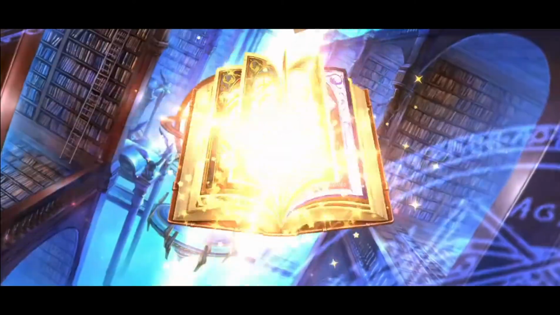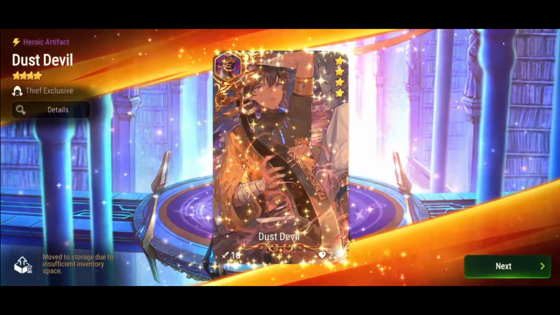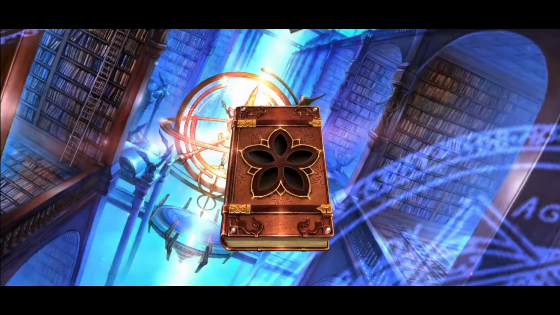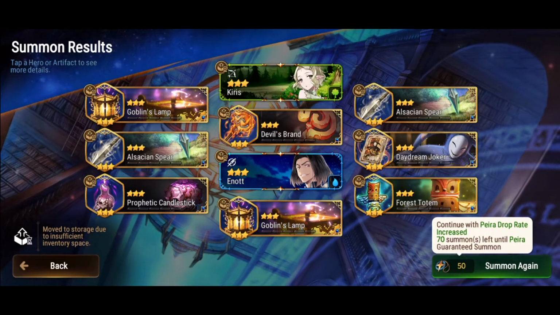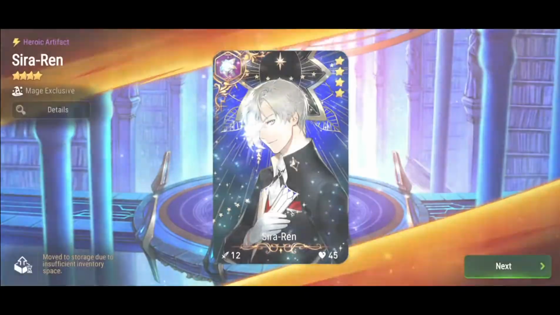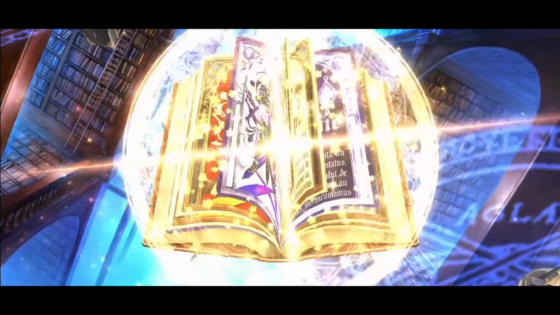Silver Rain. Silver Rain's not an artifact you probably want to use on her because she does give the attack buff anyway on her S3. So unlike Ran, who was quite a good unit to build on Silver Rain, I don't think that's an option for her. Dry Temple, it's not nice. What we got? Zero Ren. Here we go. So we have a